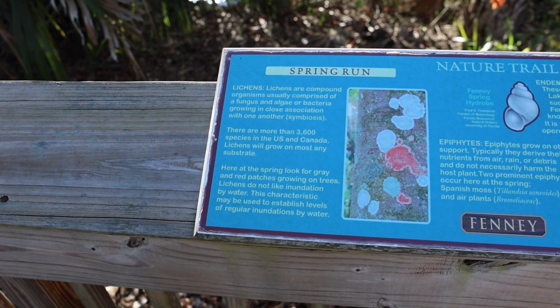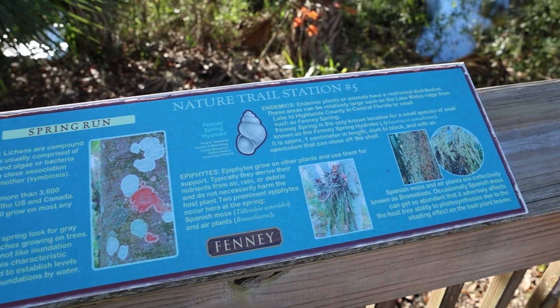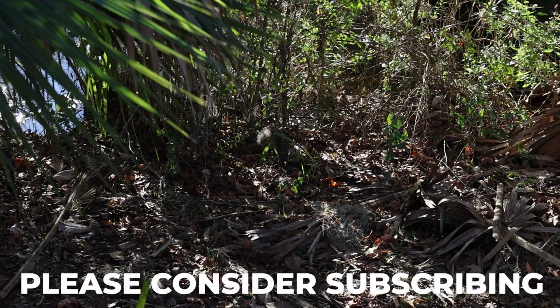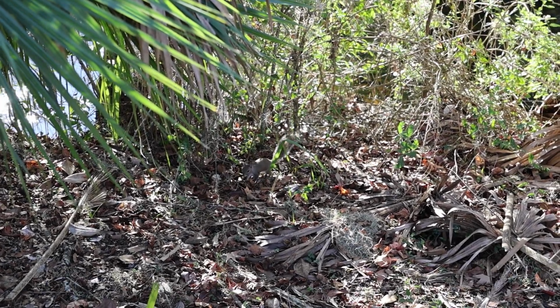The Fenney Trail in the Villages is more than just a walk. It's a journey through time, nature, and community spirit. We encourage you to visit, to explore, and to appreciate this slice of untouched Florida. Open from dawn until dusk, why not make this your next